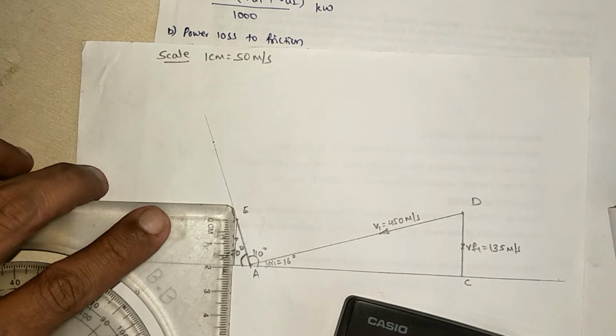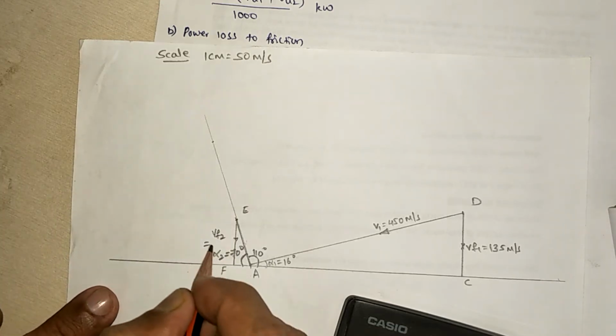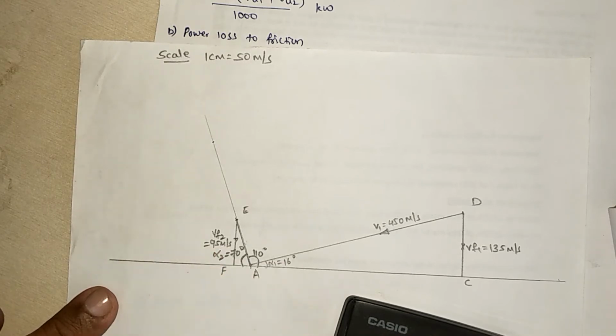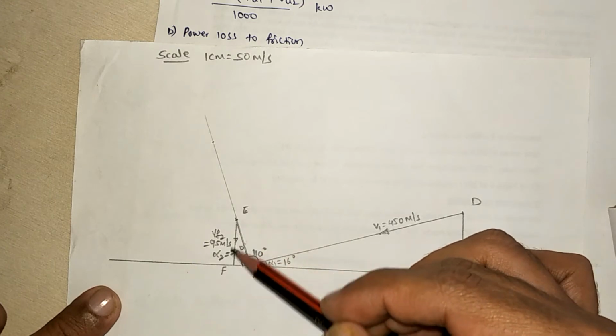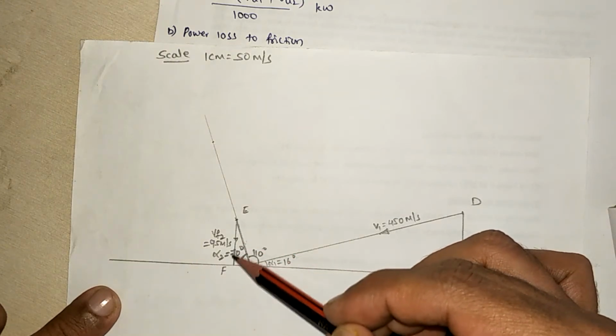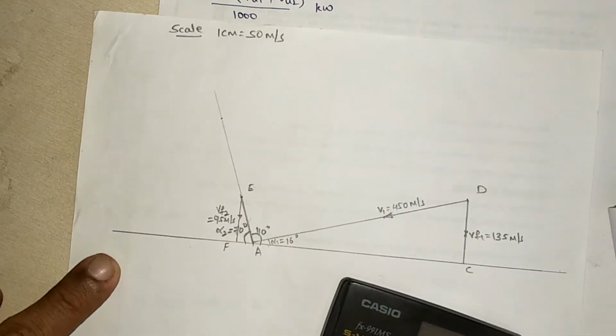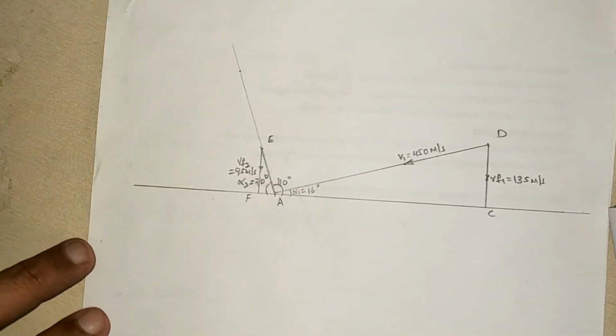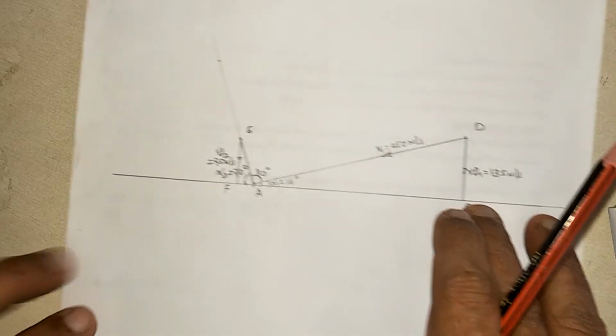So I am going to get the magnitude of VF2 is equal to 95 meters per second, right? So the length of VF2 is 1.9 centimeters. Okay, now in order to locate point B,